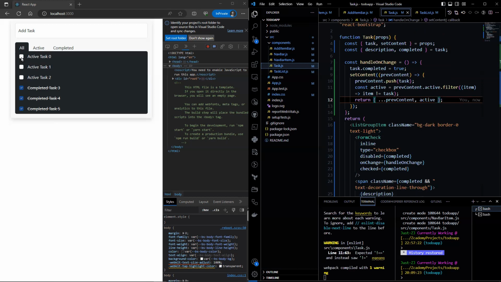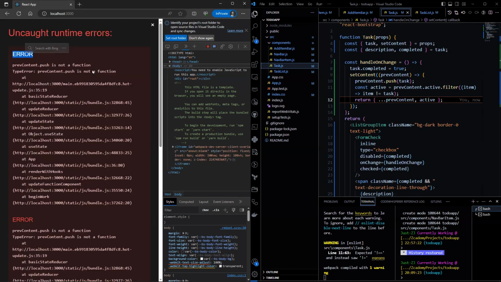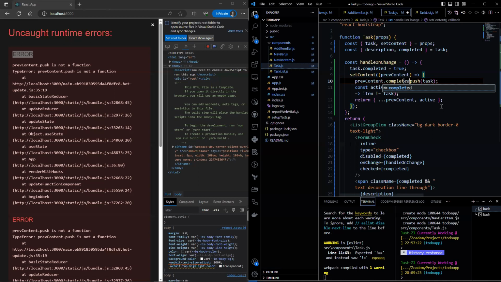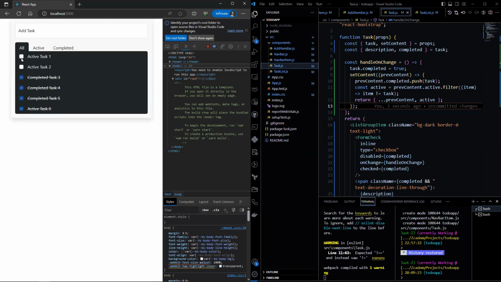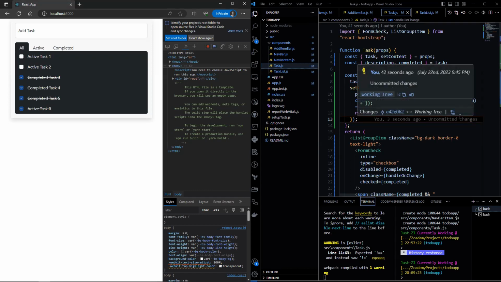And now if we click on active, there's an error here because push is the object itself, not an array. We need to get the completed array. Now if we click on active, this would now be changed to the completed task. And that is it.